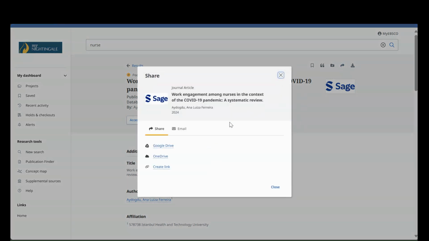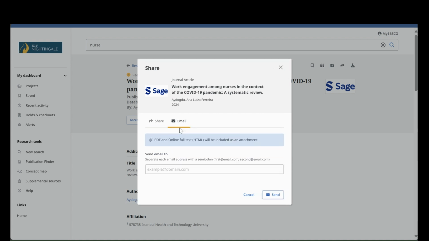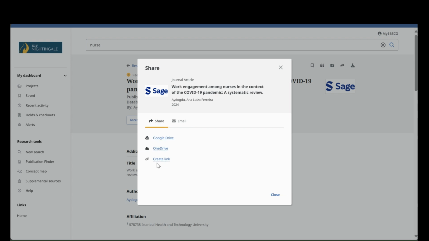You will click on share and you will see that there are different areas that will allow you to share this information. You are able to share it using your Google Drive, your OneDrive. You can also email this information. And finally, you can create a link. This create a link button is going to give you the permalink, again, also known as the permanent link for this particular title. So you're able to access this information anytime, anywhere,